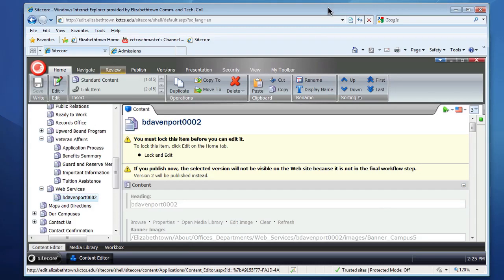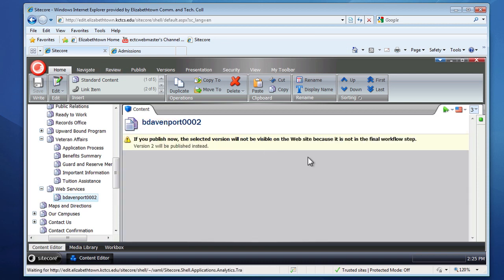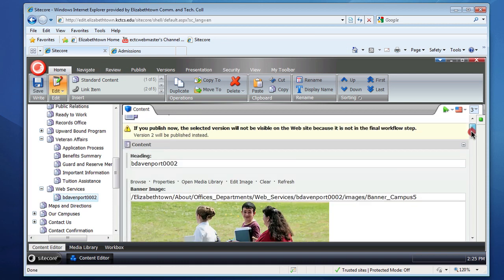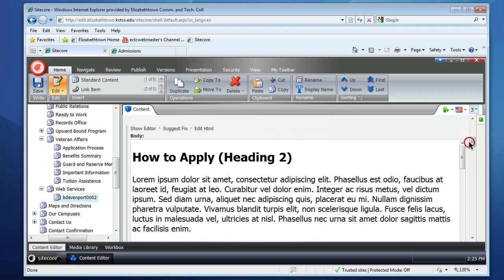When you're ready to actually add content or text and the hyperlinks and links to documents and things on your page, you'll want to come to your page, lock and edit. I'm going to scroll down to the editor area, and you notice I've already got some text in here, and that's because I want to concentrate initially on the basic page structure and how your page should be laid out,